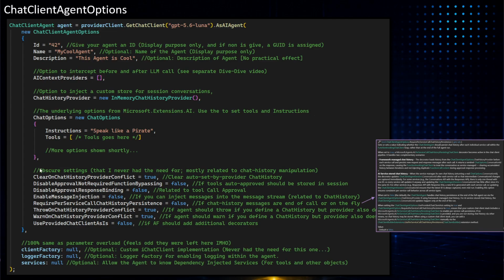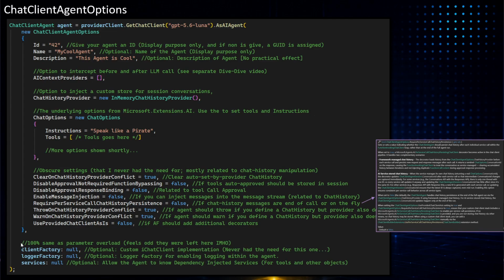These are only things you will end up setting if you log an issue on their GitHub repo and the team comes back and says, for your specific scenario, you need to do this, this, and this, and set this to true and this to true. In real life, you're probably never going to use these unless you have a very, very obscure scenario that you need to set. So don't bother too much about these. If you need them, you will know already what they're about.